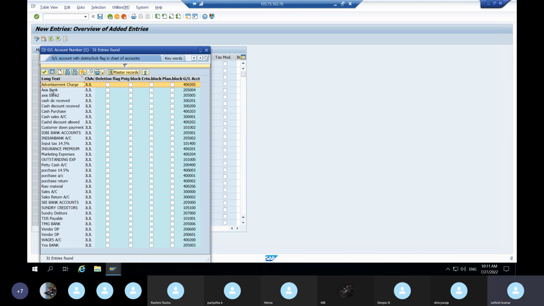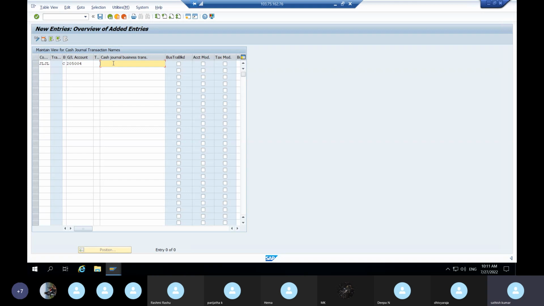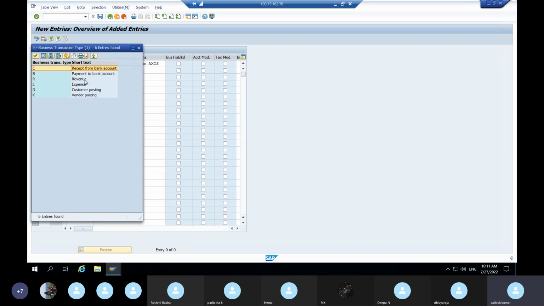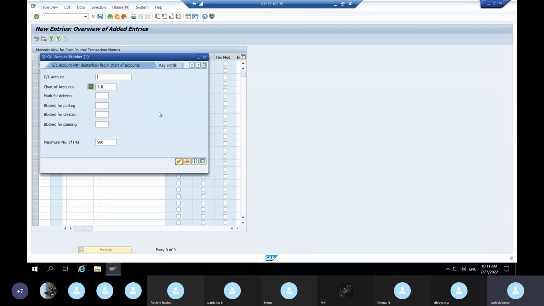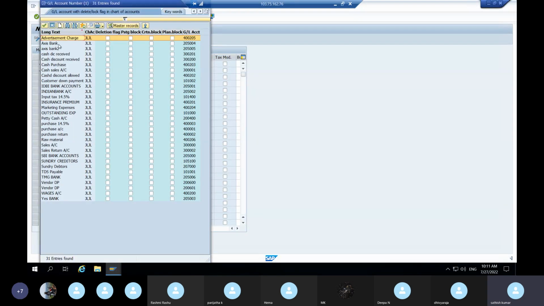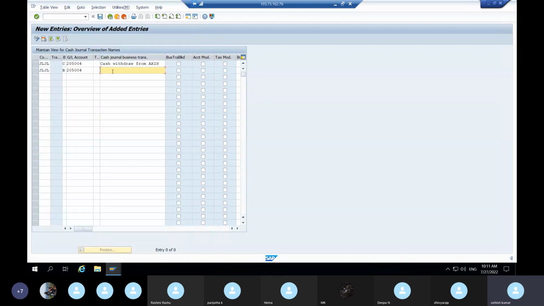I'm selecting now, for example, Axis Bank, and here narration I'm giving cash withdraw from Axis, and update the same thing here, JL GL company code, and here business transaction I'm selecting B. B means payment to bank account. Payment to bank account means cash deposit into the bank, and here also we have to select the same GL, Axis Bank. Select here Axis, and here narration cash deposit in Axis, and again update your company code now, JLJL,